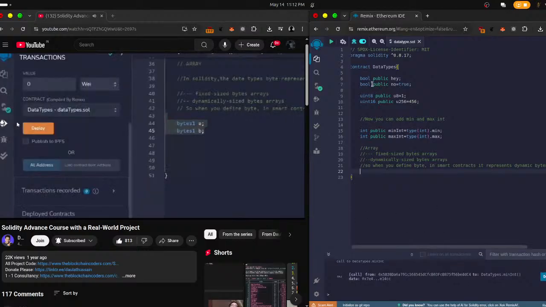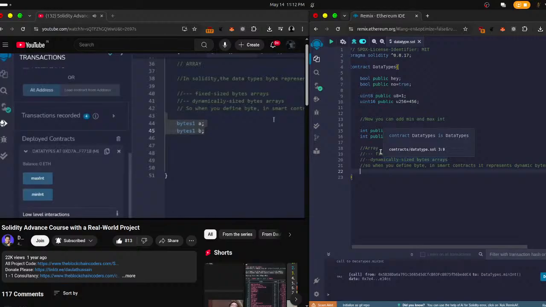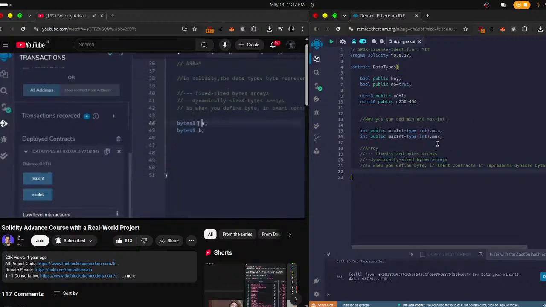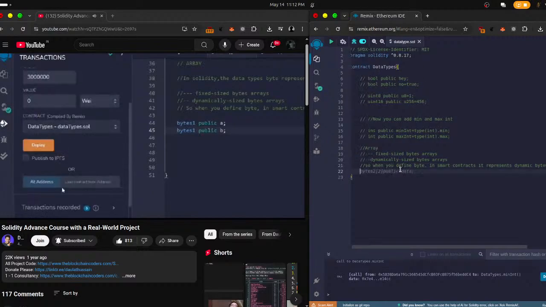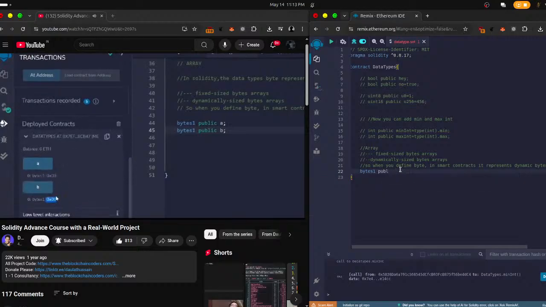Okay, simply deploy the contract, and let's try to have a look. Here you have these two functions. Okay, so let's simply comment this one, and I'll make it public so I am able to access the data. So let's make it public. I'll say public, and this will also become public, and let's have a look at what we have inside this. Let's deploy the contract, and here we have it. Calling this function, you can see this is how the byte data is represented. Okay, it will start with 0x, and then it will have the data. Okay, if you call this, it will have this data. So this is the default value. Now what if